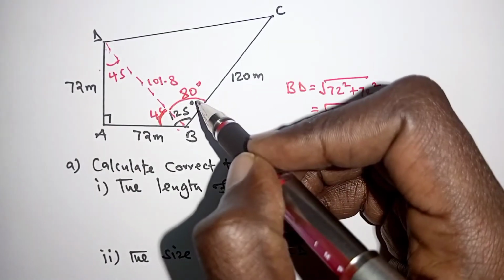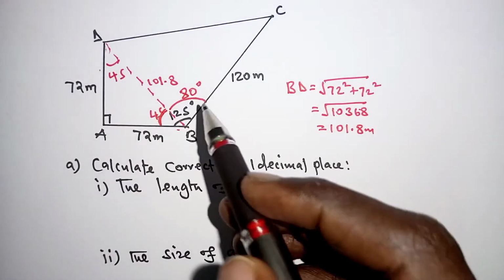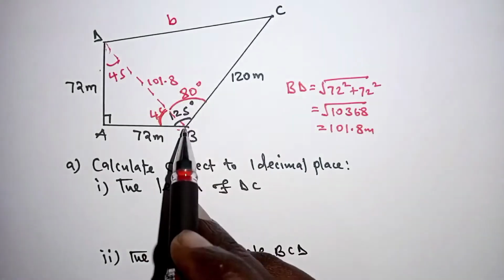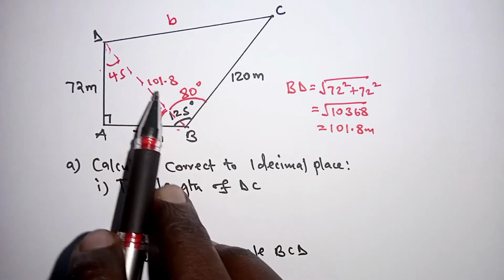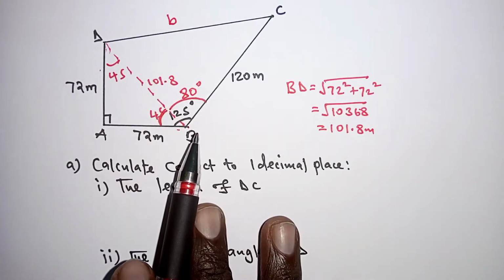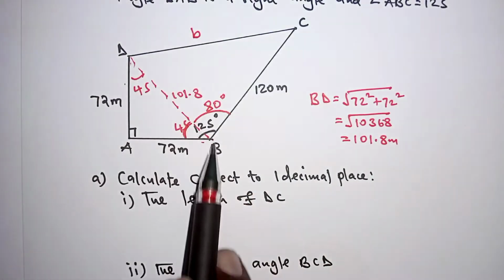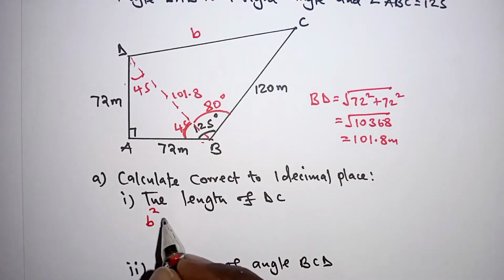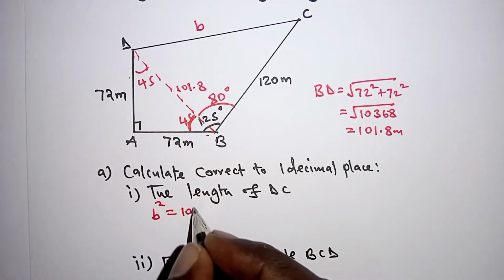Now, the next thing is to consider triangle BCD. When you consider triangle BCD, we can label this side B because it's opposite angle B for triangle BCD. I'm doing this so that we may be able to use cosine rule. And in order to use cosine rule, considering triangle BCD, we can say B squared is equal to the square of 101.8